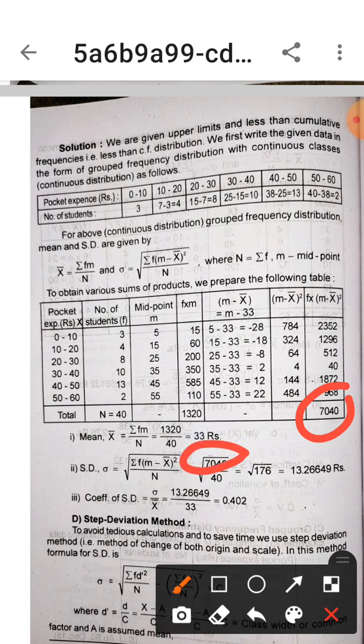7040, की तुमची समेशन असेल, डिवाइड त्याने कशाने करा, एन नी करा, म्हणजे 40. ओके, याचा आन्सर येईल स्क्वेअर रूट ऑफ 176. देन स्टँडर्ड डेविएशन विल बी 13.26 असं असेल. तर जो काही क्वेश्चन असेल यावर एकदा एस डी फाइंड केला तर याच्यावरून कोणतंही तिन्ही कॅल्क्युलेशन करता